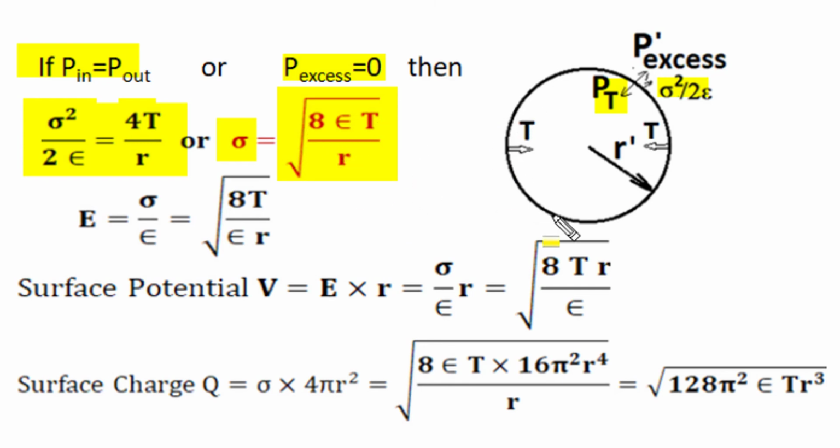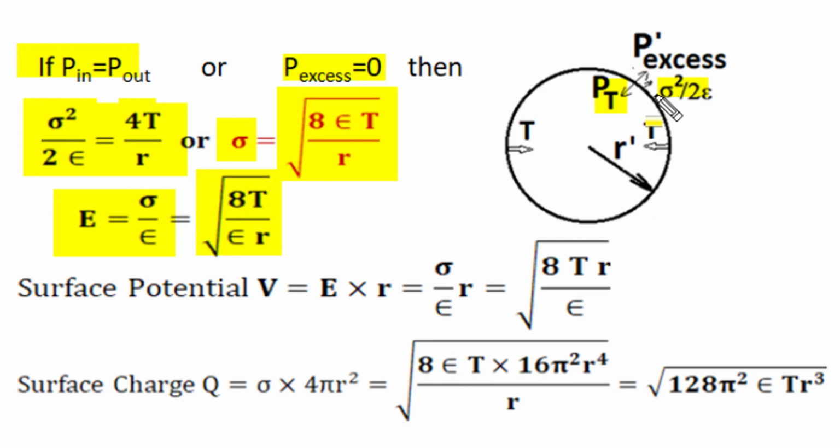We know on such a charged spherical bubble the surface charge density is identical everywhere, and near to it, at an external position, the electric field is given as sigma upon epsilon. When this expression of surface charge density is divided by epsilon, this epsilon in the numerator side of the square root will come in the denominator side, and the electric field intensity very close to such a surface, or on the surface, is given as square root of 8T upon epsilon R.